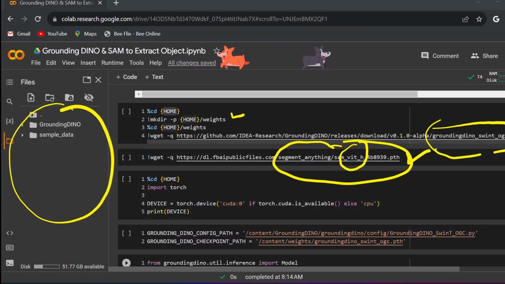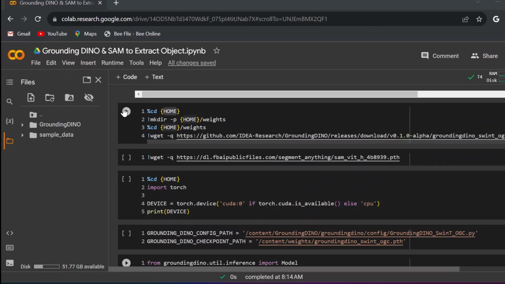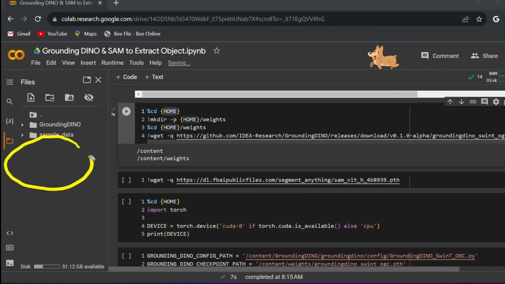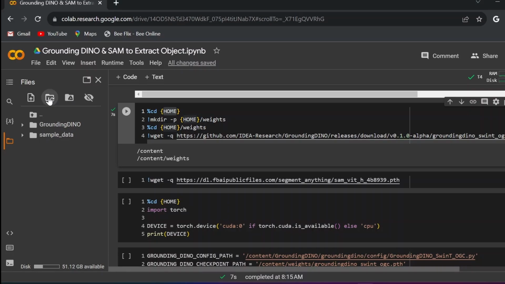So here inside the weights directory, I will download the Grounding DINO model weight and the Segment Anything Model (SAM) ViT-H heavy model weight. You just need to execute this. The weights directory will be created, and inside it the Grounding DINO and the Segment Anything model weights will be downloaded. If we refresh from here, you can see the weights directory is created,